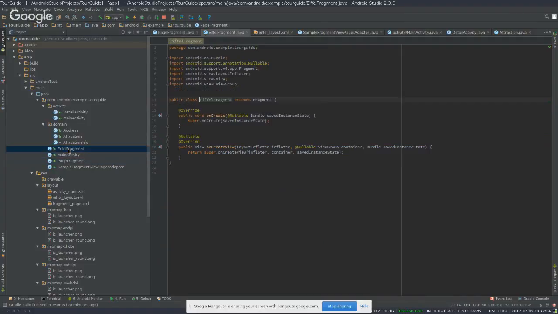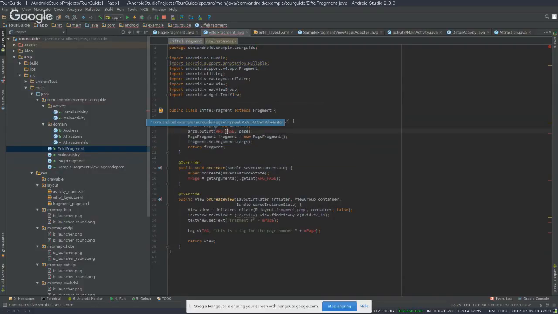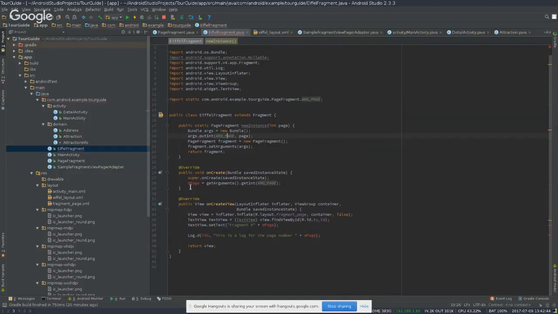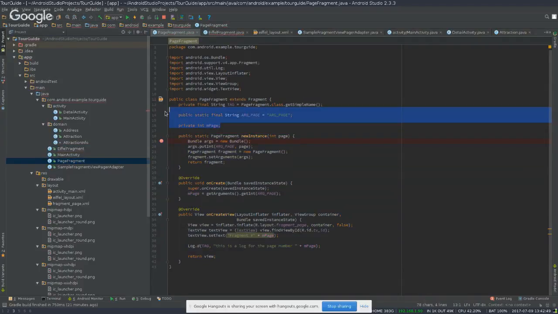The Eiffel fragment here would be similar to this, except that I just need to have